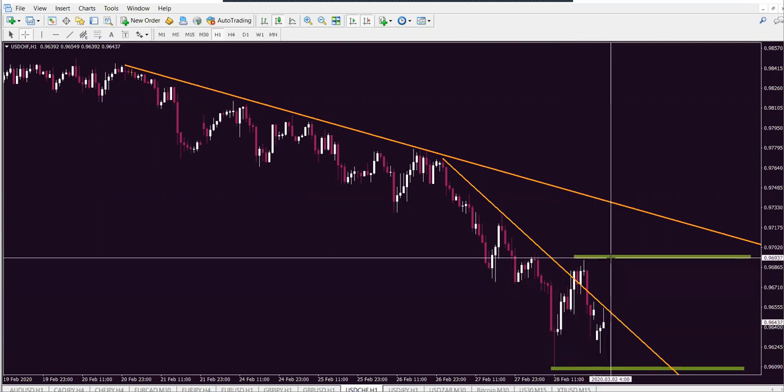The reason why I would actually be interested in a strong break of this, looking on the hourly, you could easily get a 2 to 1 return, or 1 to 2, however you want to say it. You could risk 74 pips. Yeah, and I definitely see this breaking up, so you could easily make 2 times. So for me, if I get a strong break of this point, and you should